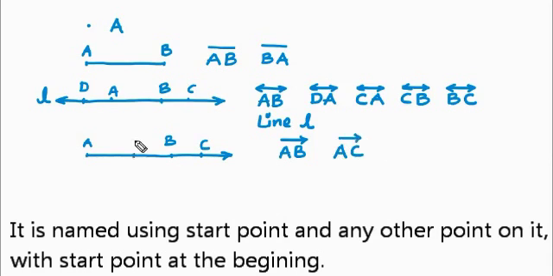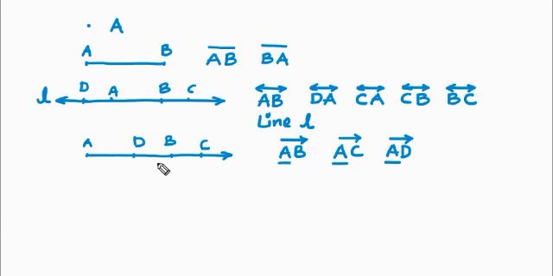or we can represent it as AD. But we cannot represent it with any other letter at the beginning other than A. So A has to be the first letter. The starting point of the ray has to be the first letter while we name it. And hence, unlike the line segment and line, we cannot reverse these letters. There is a definite sequence in the naming of the ray.